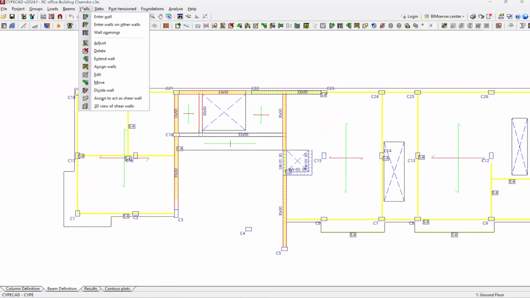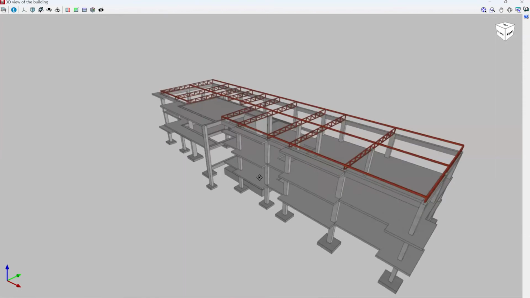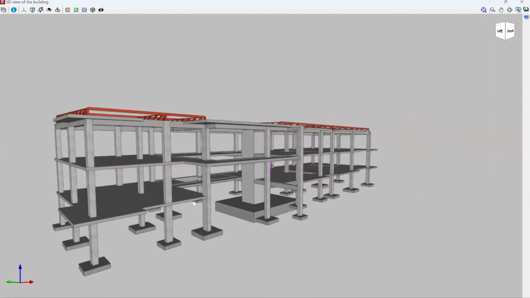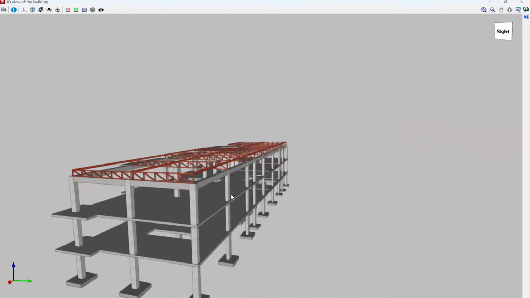For example, I'll also show you how I took into consideration the shear walls on this building. Can we see the 3D model of this? Yes. Here is the 3D model of the structure. So you did the foundation elements as well. Yes. So